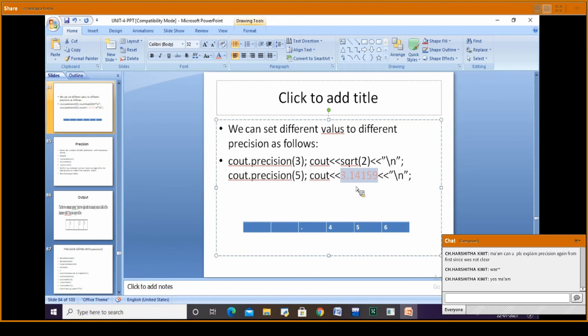So depending on the precision value, the number of digits after the decimal point varies. Here I specified 3, so after the decimal point I will have 3 digits. If I specify 5, I will have 5 digits after the decimal point. Is this clear?